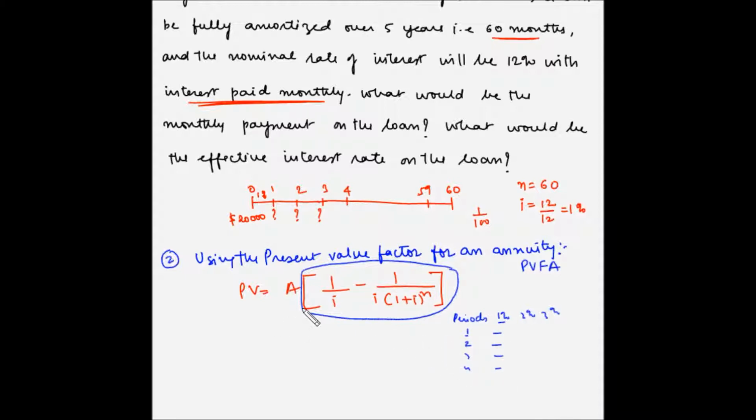So our formula basically becomes PV is equal to A into PVFA for N equals to 60 and I equals to 1%, of course. Therefore, now PV is equal to 20,000. So 20,000 is equal to A into, now the PVFA value for N is 60 and I is 1% is